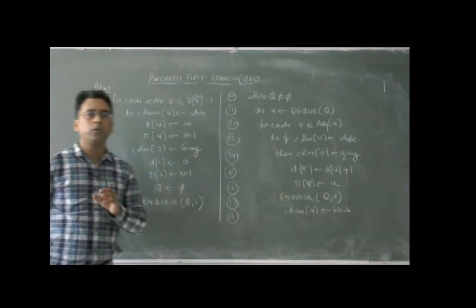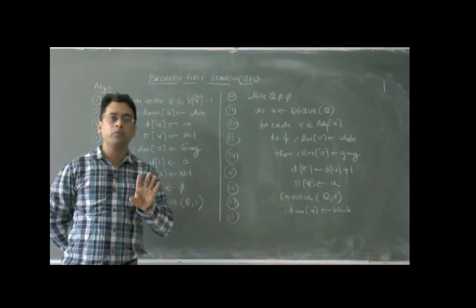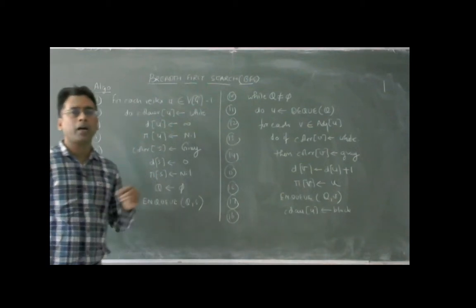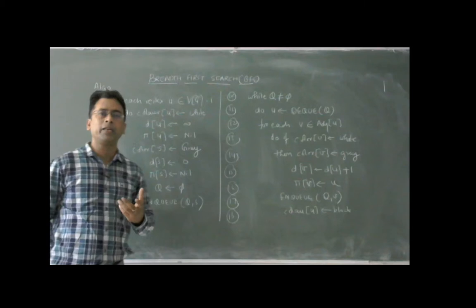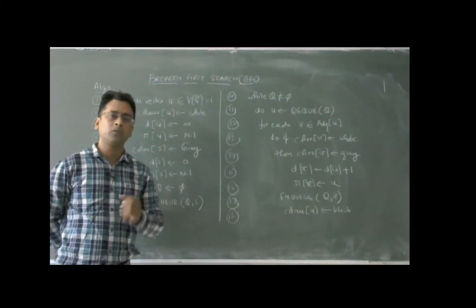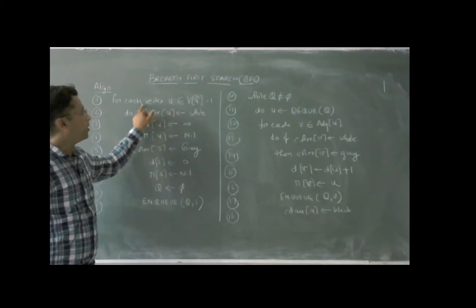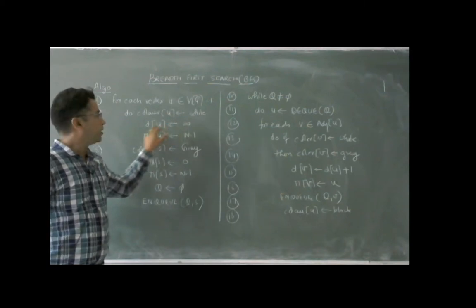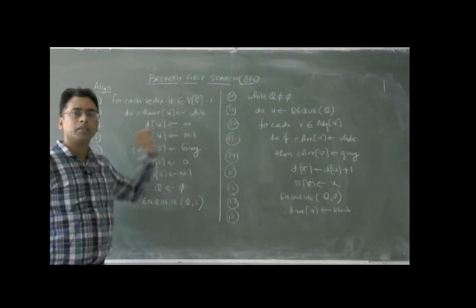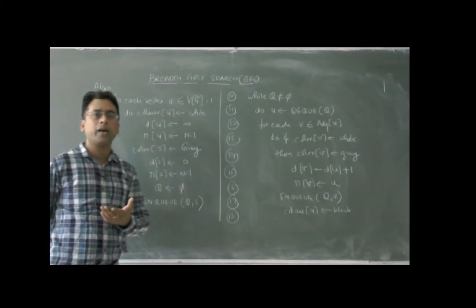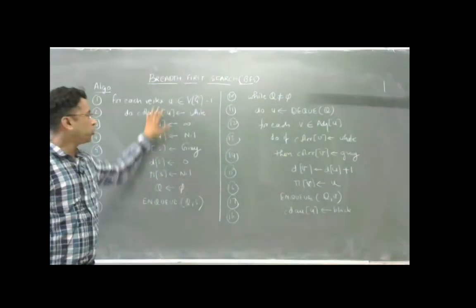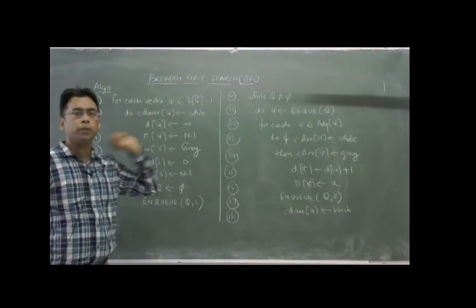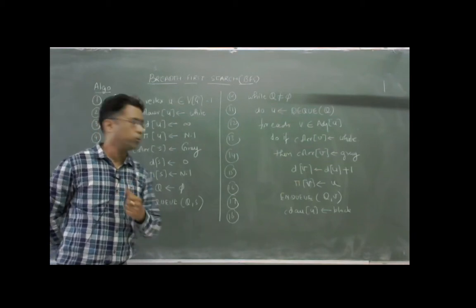So all the nodes except the node from where you start are considered at the distance of infinity, and their parents are nil, meaning they are not connected, they are undiscovered, so their color is white. So first of all the nodes except the one node from where you start are colored white, their parents are nil, and their distance is infinity. Infinity means they have not been discovered. So all these four lines represent that for each vertex u that belongs to V of G, except the vertex from where you start.